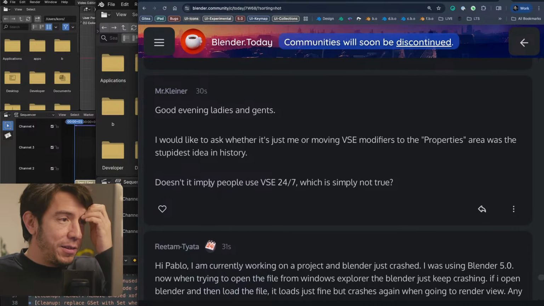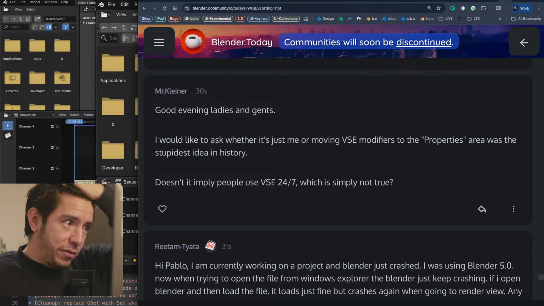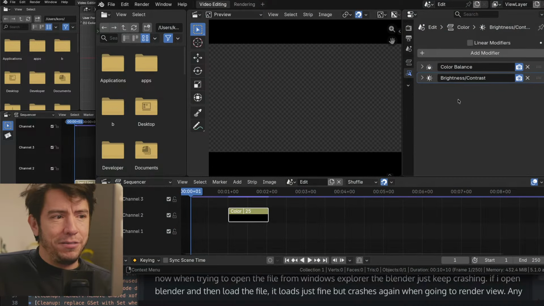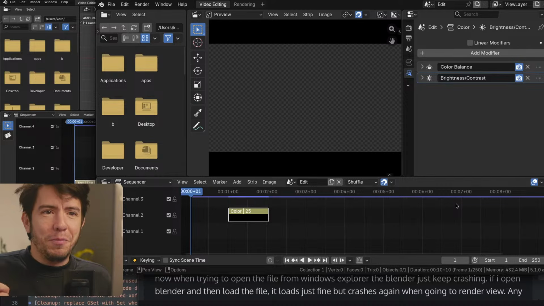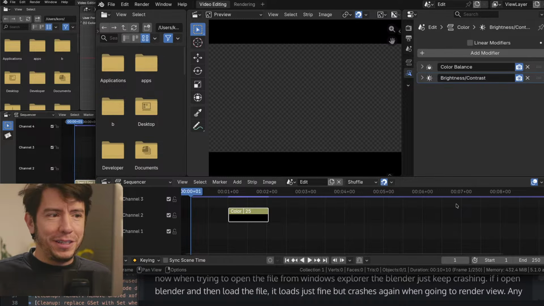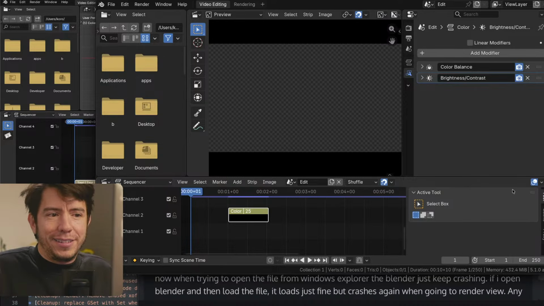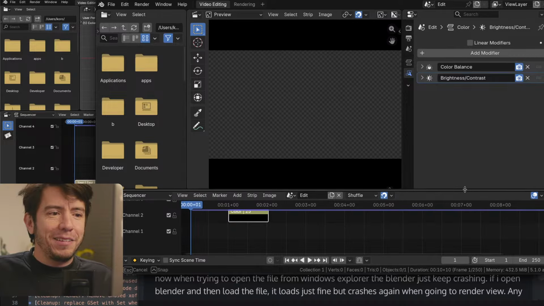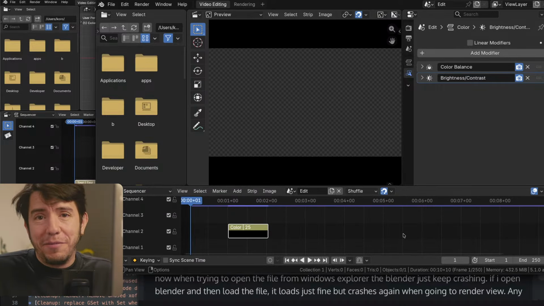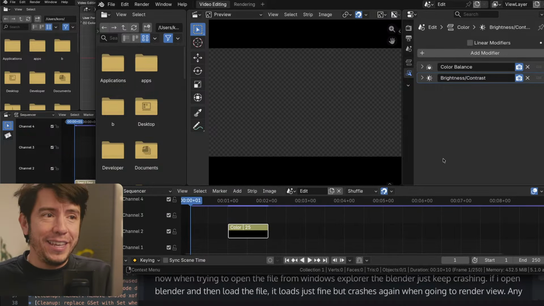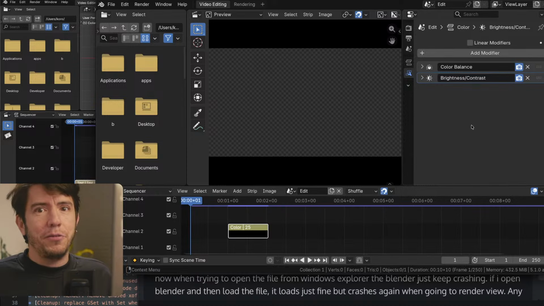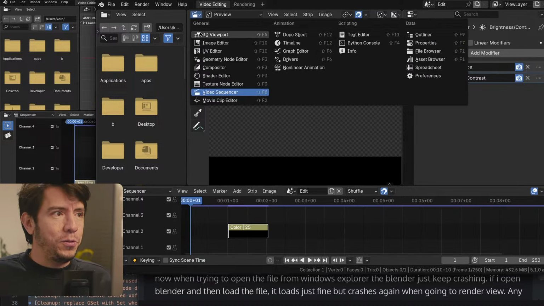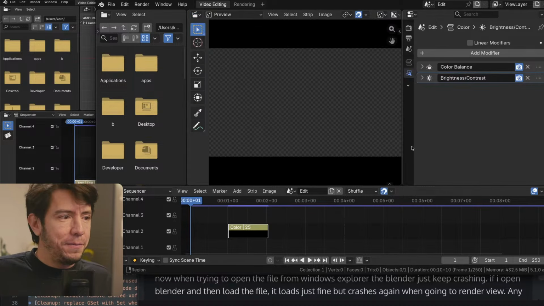Because actually it doesn't imply people use the sequencer 24/7. No, it doesn't. Actually, the other way around. If you would imply that people use this all the time, then you would just leave it here in the sidebar because it was unique to them and they don't care. Actually, this makes it easier for everyone else to find where the modifiers are.